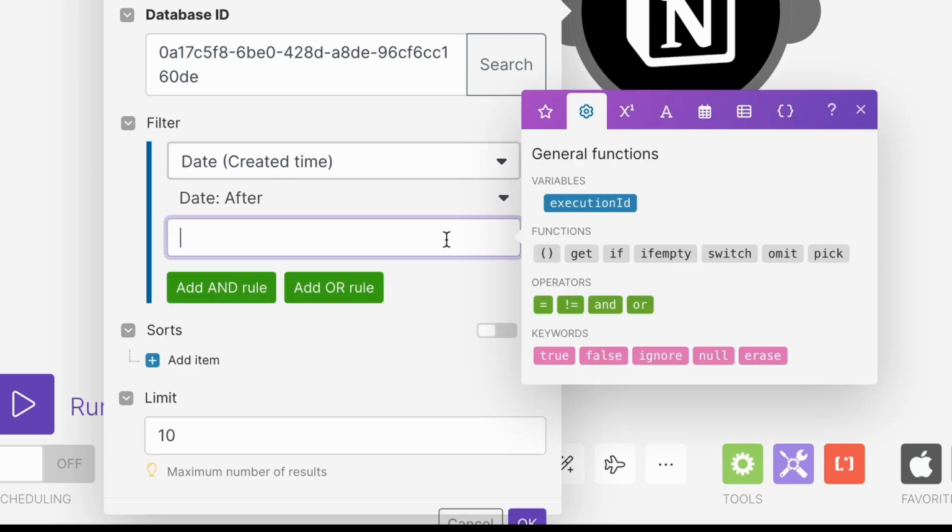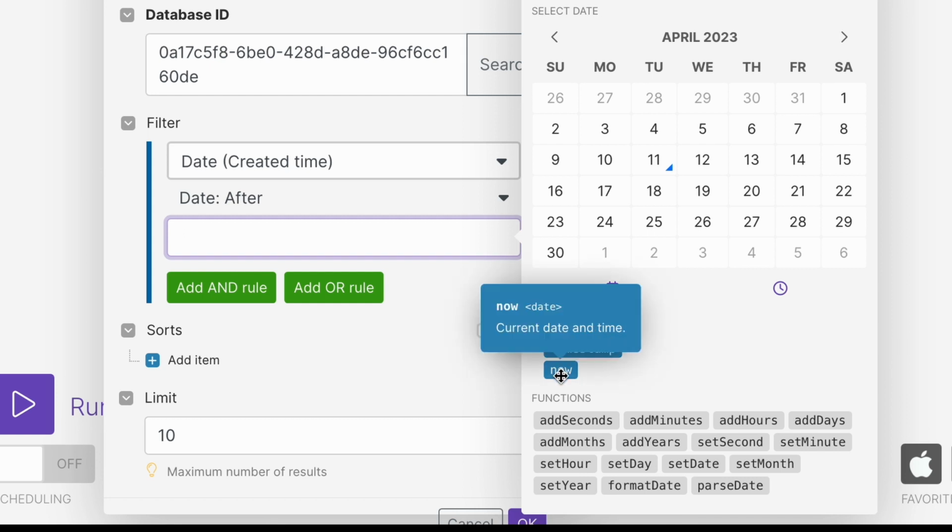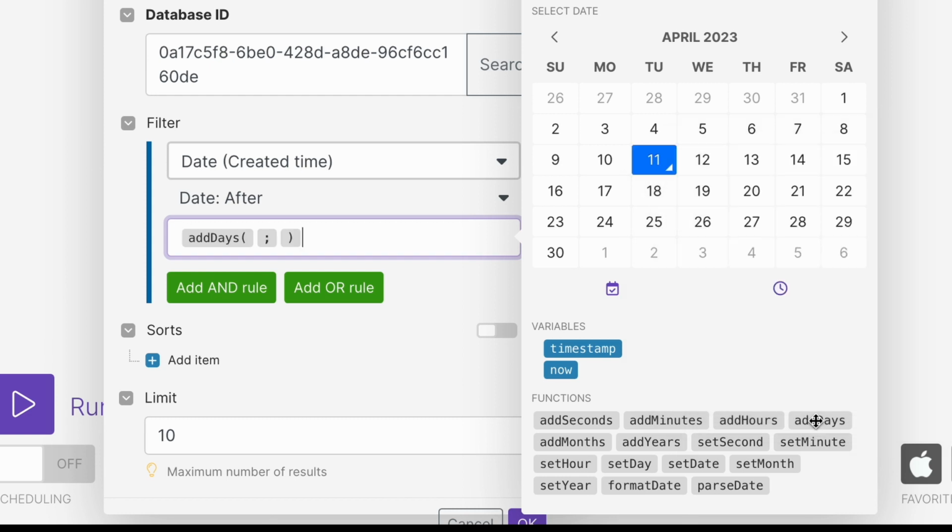Now, we do have a variable within our date and time functions. We have a variable for now. But if I use now on its own, it's going to search for not just today, but the exact hour, exact minute, exact second. So that's why I have it searching for a date after, because what I'm going to do is use our add days function, put now before the semicolon, and after the semicolon,